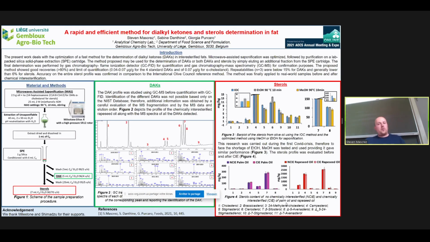And then for the Dialkyl ketones, it was a bit more tricky, considering that they are not so well